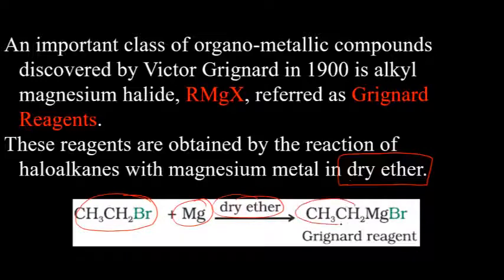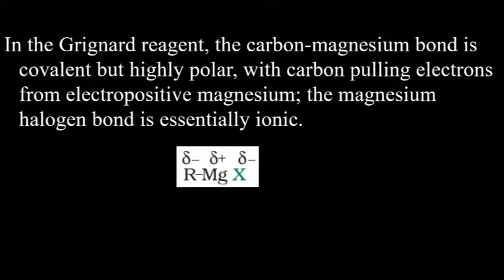So here R is the CH3CH2 alkyl group, X is Br. So it is actually of the RMgX form. That's why it is Grignard reagent. Now, how do the reactions proceed in Grignard reagent, why is this unique, how is it different from other compounds, why are the reactions of Grignard reagent different?